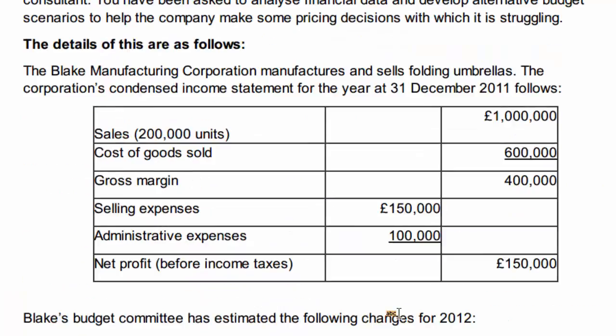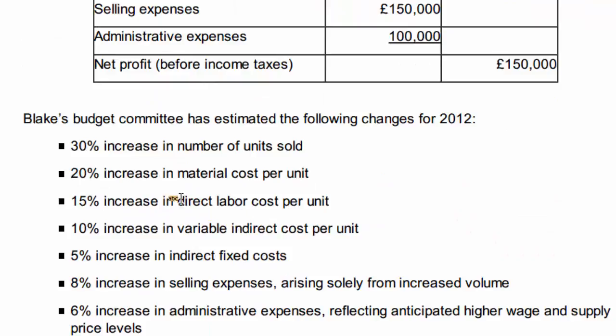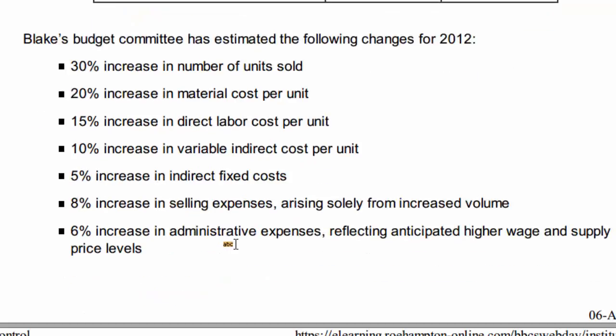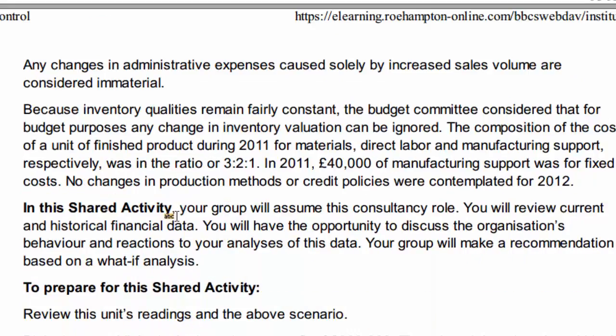In the income statement you can see that the total cost of goods sold is given, not the breakdown into direct labor, direct material and so on. These are not given, but you got the information that the direct materials, direct labor, and manufacturing support were in the ratio of 3:2:1, and some other information. So using this information, you have to reproduce the